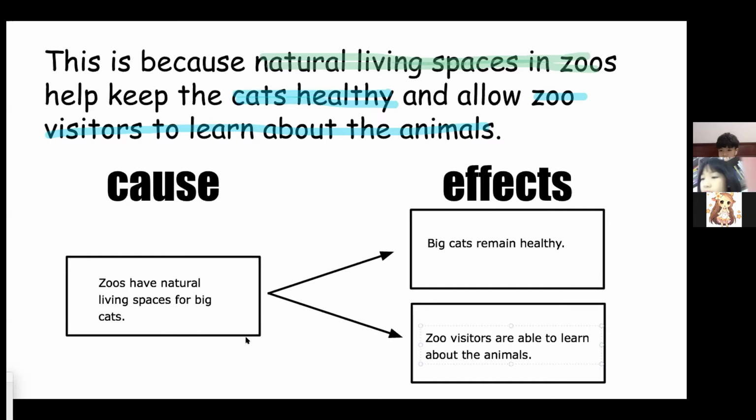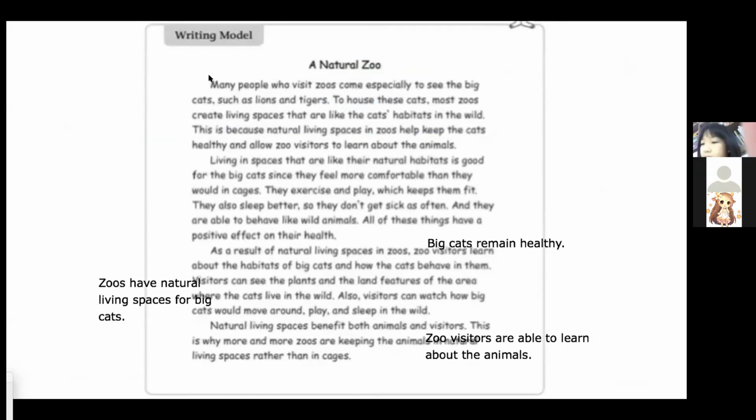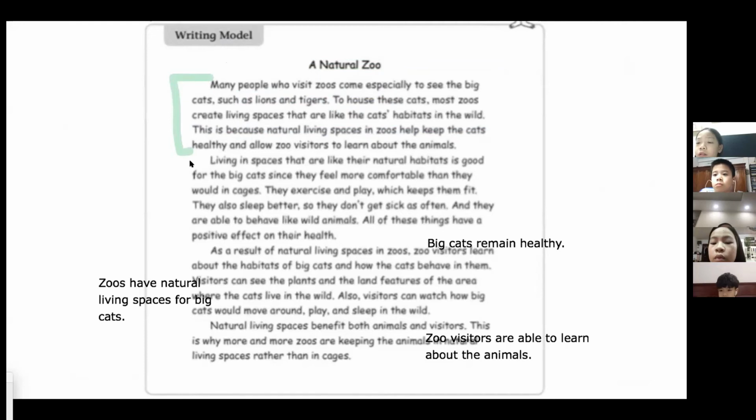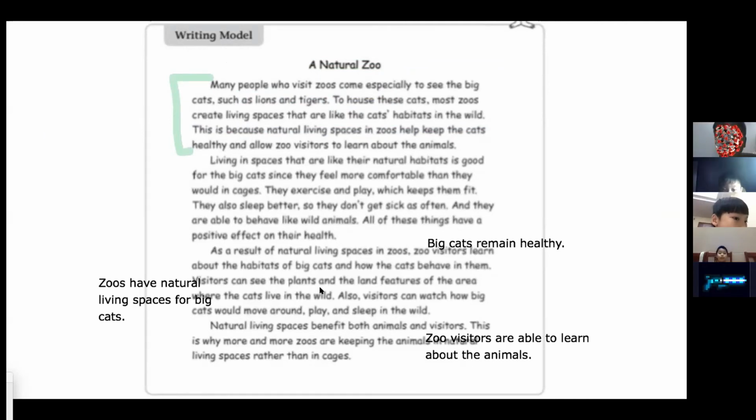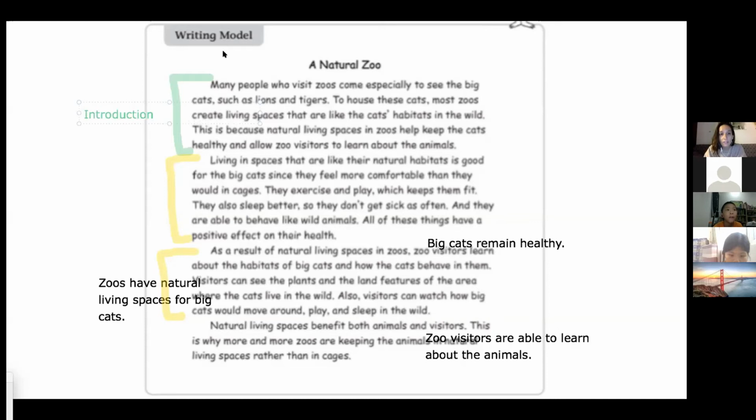So how many body paragraphs did we see in the whole essay? Dino, do you remember? How many body paragraphs do we have? Our introduction paragraph. Okay, and then how many body paragraphs do we have, Dino? Now, remember, body paragraphs are just the facts and details in the middle of our essay. So our introduction paragraph is the first one. How many detail paragraphs do we have? After the introduction, we have body paragraphs. Two. So we have two body paragraphs.